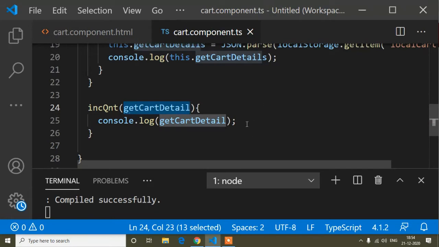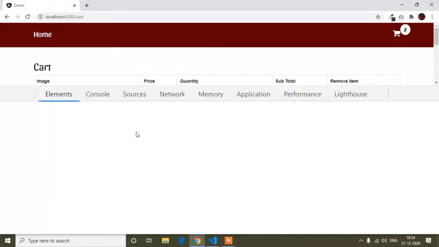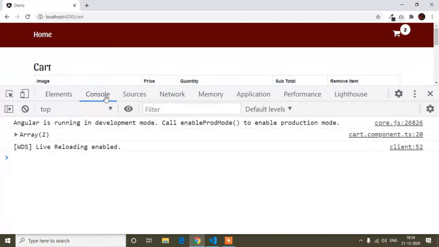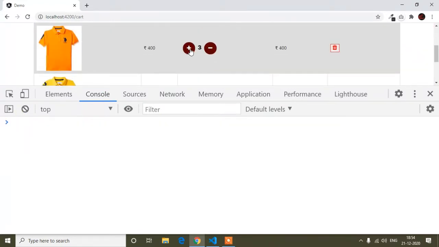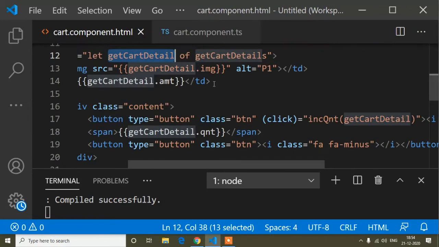Now I will open my view and the console. If I click this plus icon, you can see I am getting this product, because in the console I have printed this variable, and in this variable I store the value of cart details.